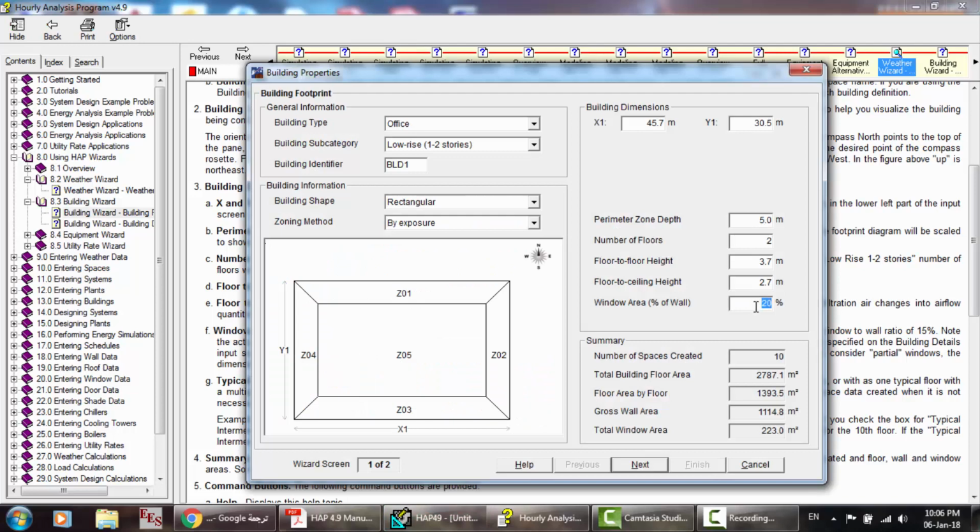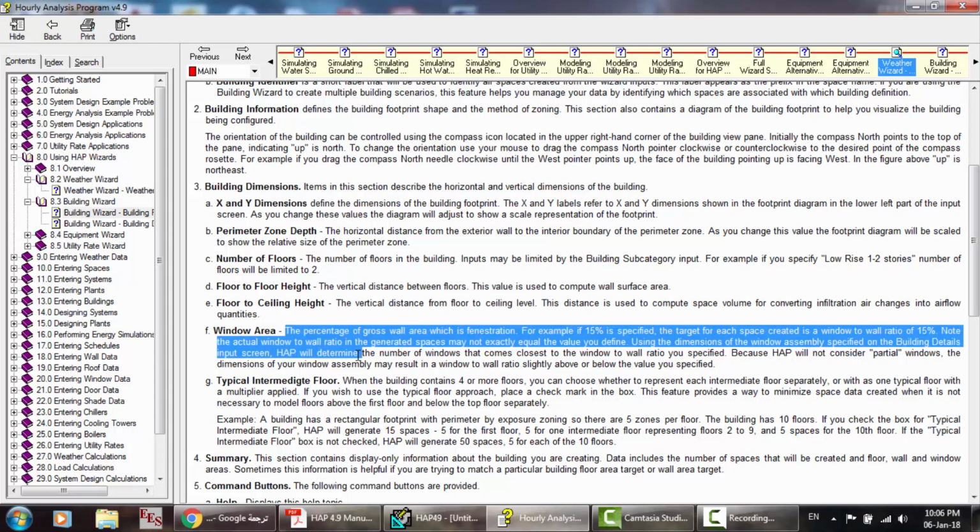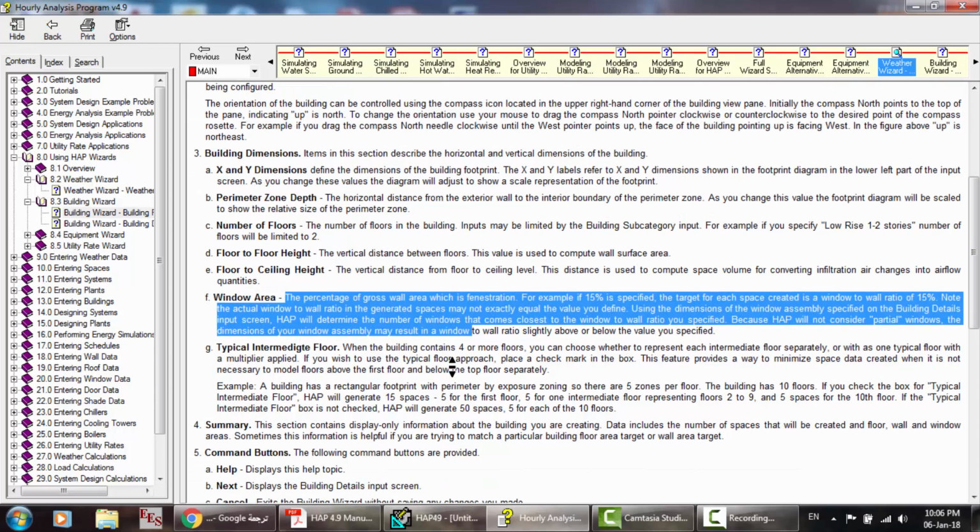And also here the window area, it's a percentage of the wall, so we have to know this roughly. This percentage is very important, the percentage of gross wall area which is fenestration. Okay, for example, if 15% is specified, the target for each space created is a window to wall ratio of 15%. Note that the actual window to wall ratio in the generated spaces may not exactly equal the value